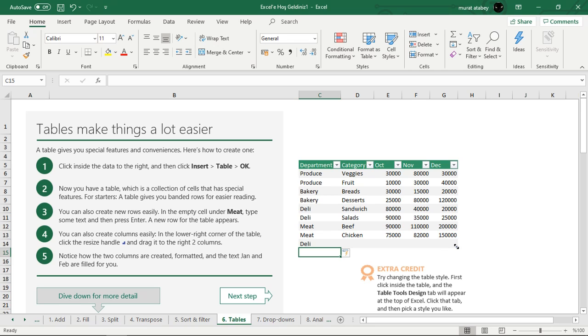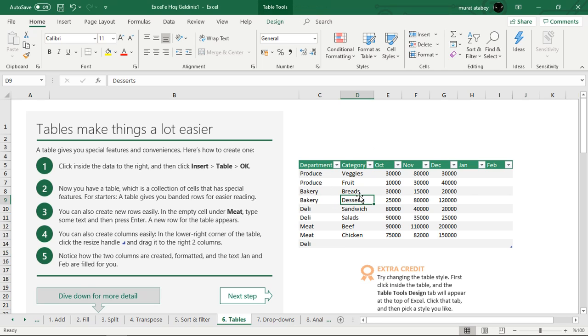And you can create columns easily by selecting the resize handle and dragging it to the right to add two columns, and Excel automatically fills January and February columns for you. It's done automatically. You can also change the style of the table if you like, by clicking inside the table